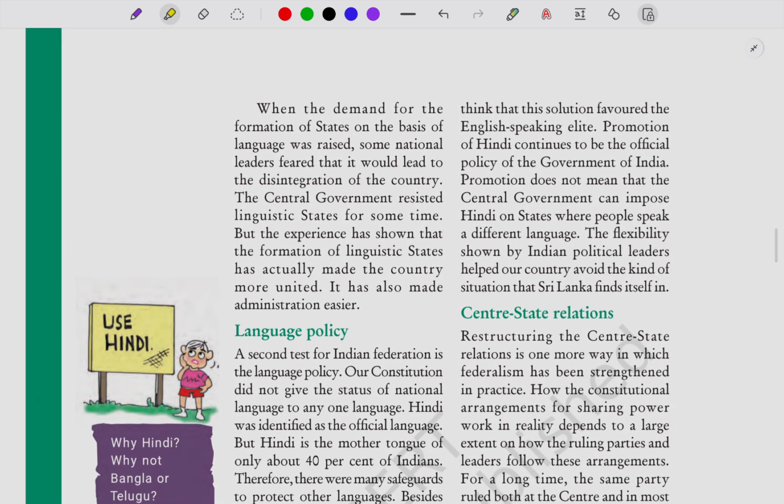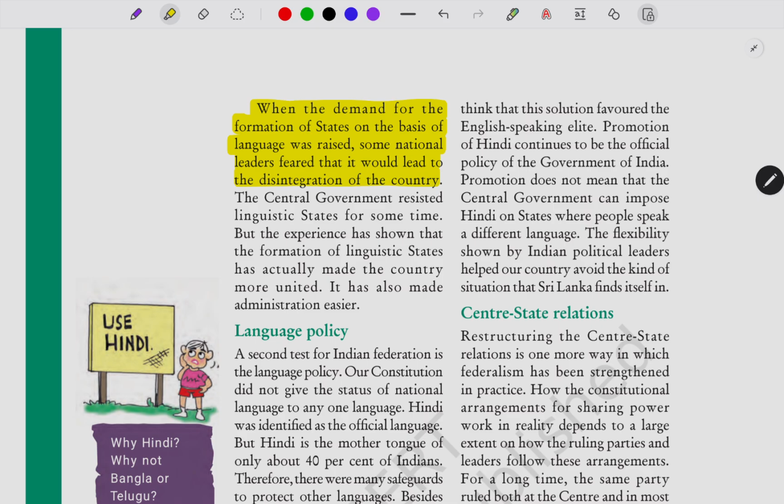When the demand for the formation of states on the basis of language was raised, some national leaders feared that it would lead to the disintegration of the country. The central government resisted linguistic states for some time, but experience has shown that the formation of linguistic states has actually made the country more united. It has also made administration easier. Okay. This has a low probability of coming, but again,